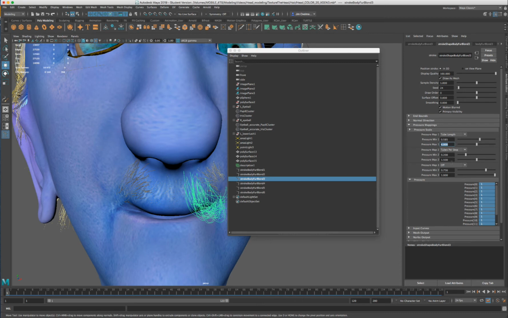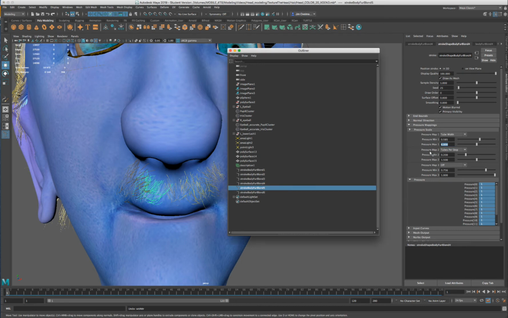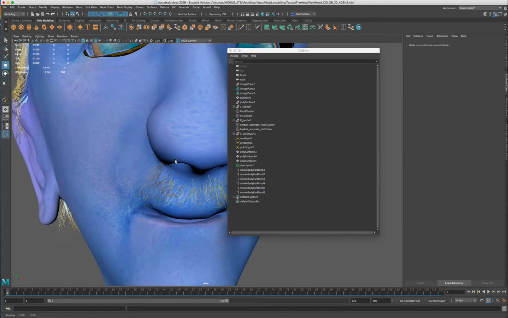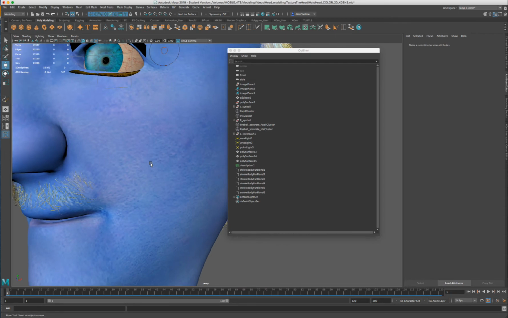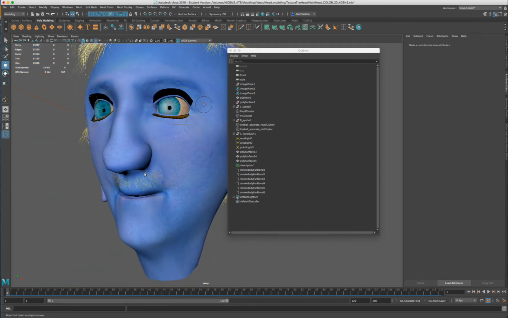I want width. Change to tube width, and I'm going to put in a higher number for each, about 6. All right. Okay, so that will be a little bit more visible